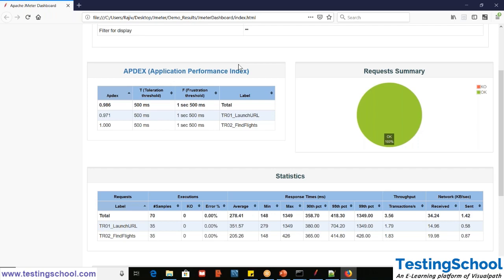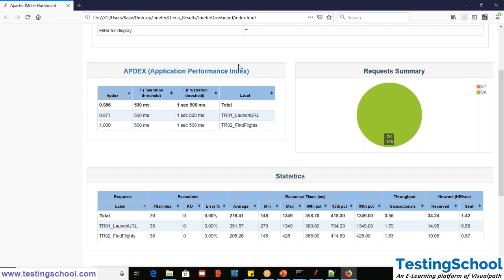But sometimes it is harder to analyze using just average response time and 90th percentile, because if some transactions for a particular call are way too high or way too low, then it might impact your average and 90th percentile, and it will not show you the actual picture of your system's performance. So that's why Apdex